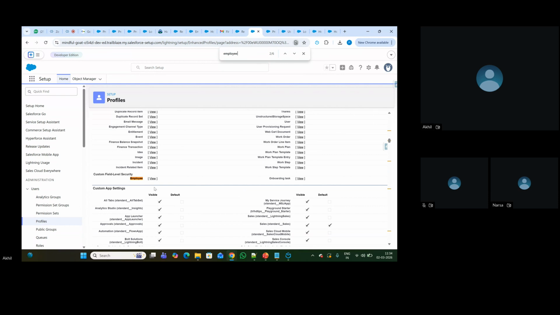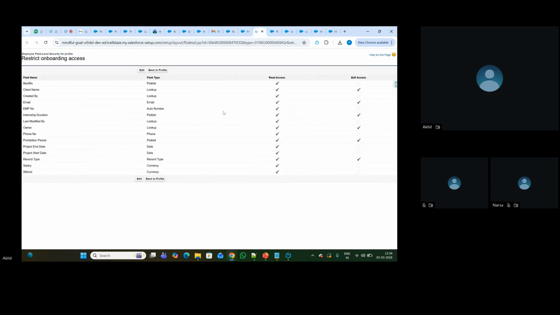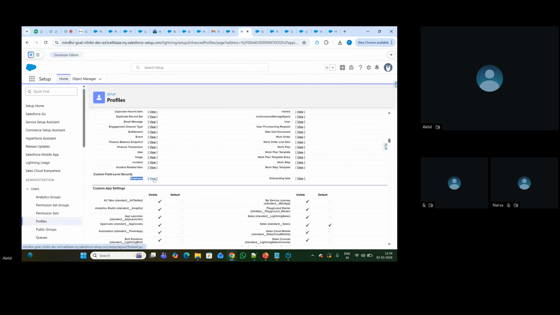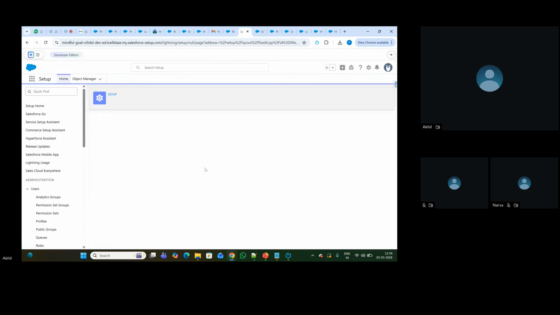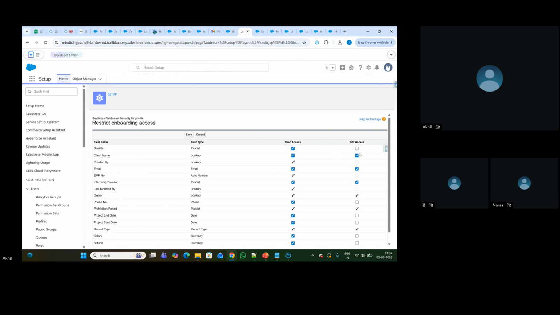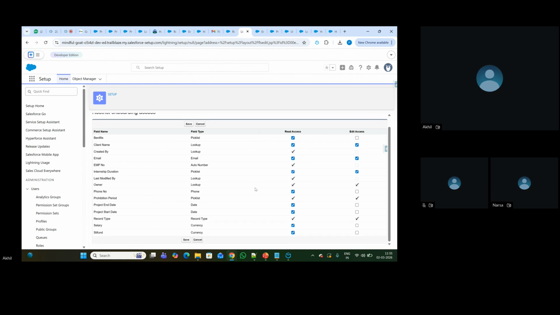So in this employee, we have particular fields. We have a couple of fields: employee number, employee email, internship duration. We have these fields, right? So here we have given read access to those couple of fields for this user, but